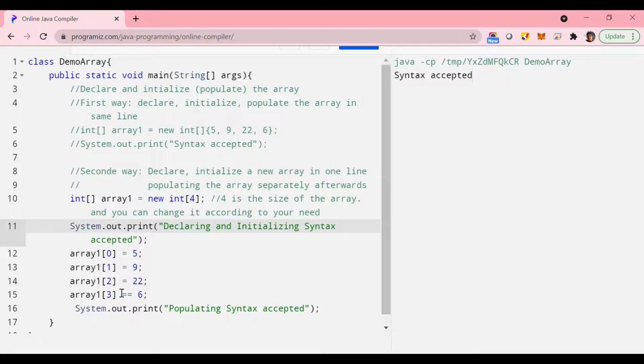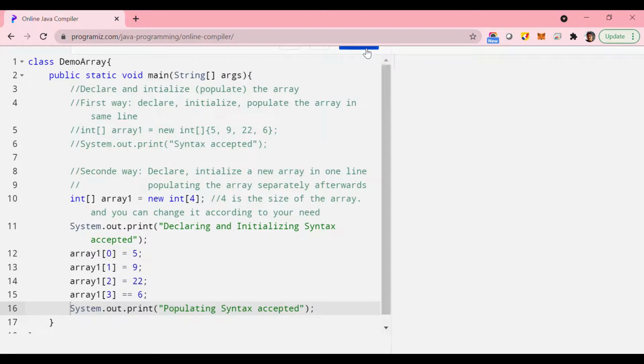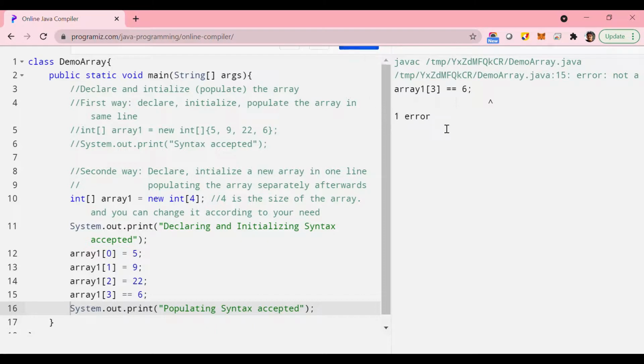Syntax accepted. So this is just to separate and show you whether both the things are accepted or not. Let me just run it, and let's see whether all the proper messages are printed or not. Well, there is an error because I have used two equal symbols, which has an entirely different meaning in Java. So let me just correct it, delete it, so just array 36, and now let me run it once